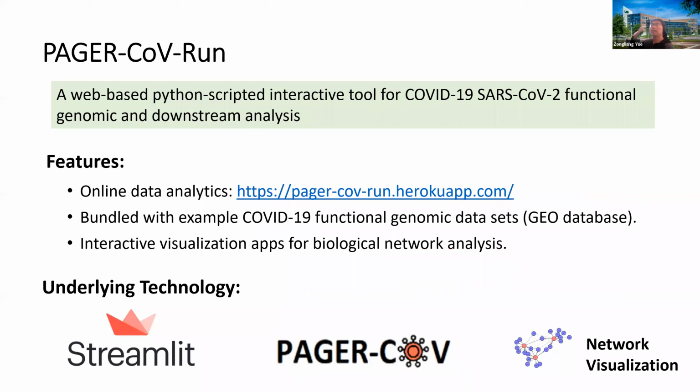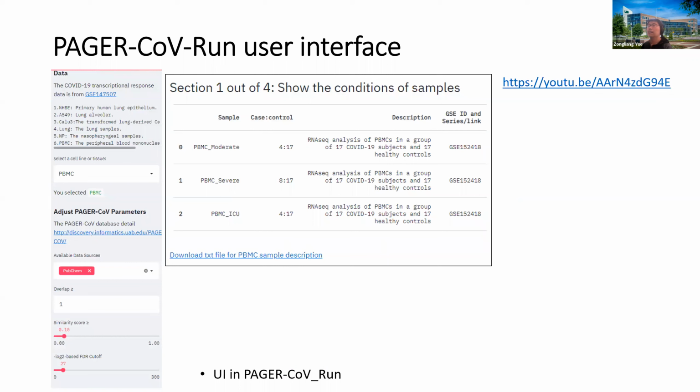We also developed an application, PAGER-COV-Run, which is a web-based Python script interactive tool for COVID-19 SARS-CoV-2 functional genomics and downstream analysis. Here's a link, and we also bundle it with COVID-19 functional genomic data GO data sets. We also provide a lot of visualization panels for you to do biological network analysis. For example, this is the user interface of PAGER-COV-Run. We have the red panel as the operator to